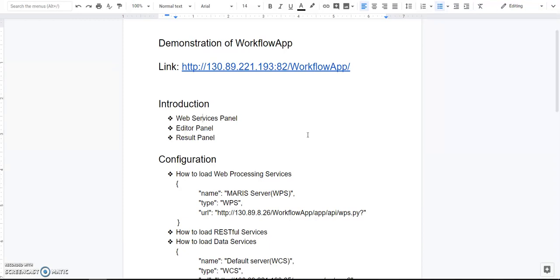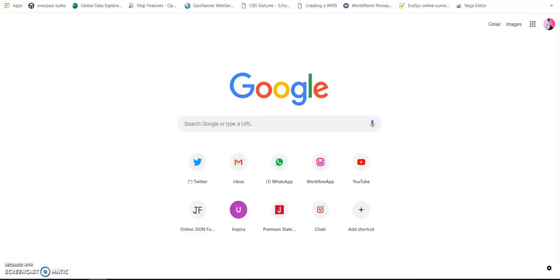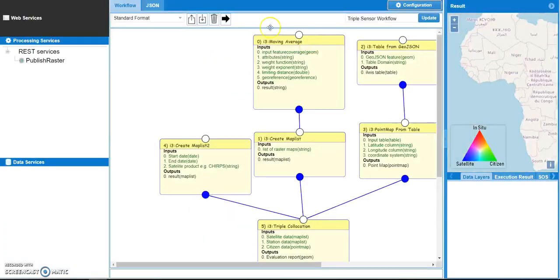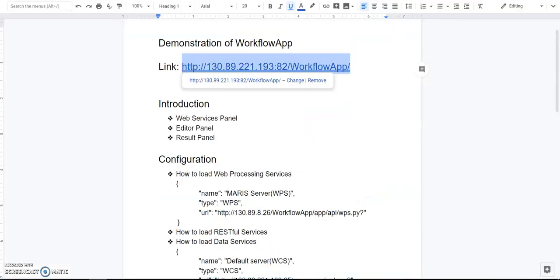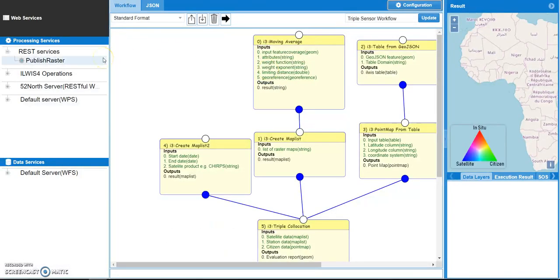So without going too deep, I'll show you now how the application looks like, and you can access the application from this link provided there. Just copy paste, or you can type the link into the browser which you have and then load it. When you load it, the page will load basically with the default setting of the application, and